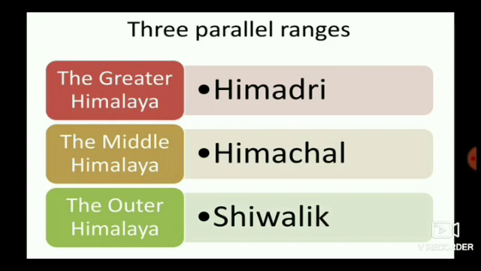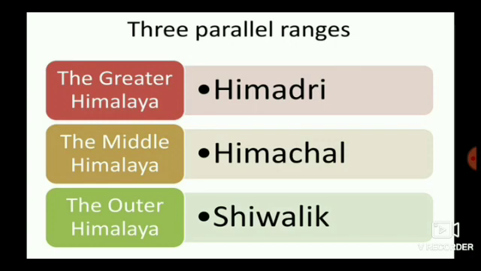The outer Himalayas lie between the middle Himalayas and the northern plains. So where are the northern plains, children? They are below the Himalayan range. Just recollect the image which I showed you, shown in green color. Do you remember that region, children? Yes. So the outer Himalayas lie between the middle Himalayas and the northern plains. This range is also called Shivaliks. So you need to remember the 3 divisions of the Himalayas and the other names for the 3 divisions.